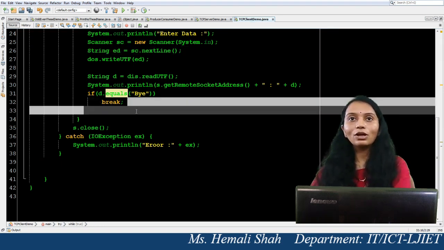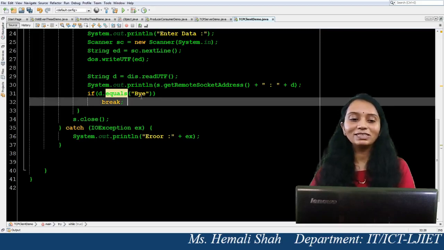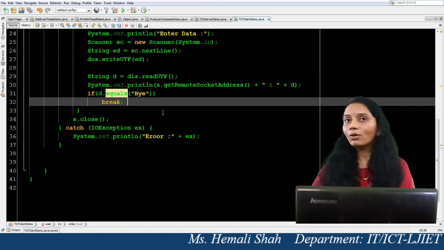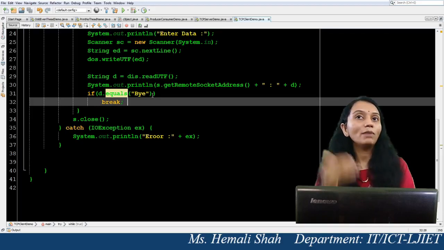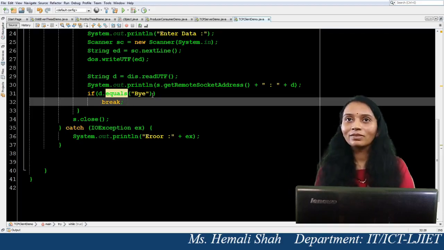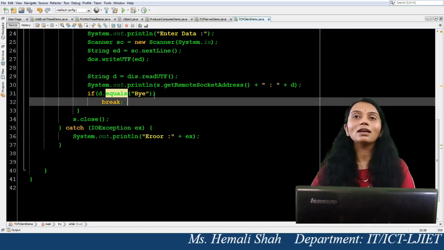Now can you make a multiple client based chatting application by using this network program? If you want to make a chatting application that chats with multiple users at the same time, where any user can write anytime and any user can read any data anytime, you should go for multi-threading with networking. Think on it, and you can make this application.